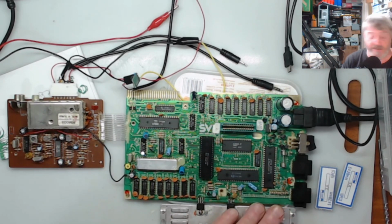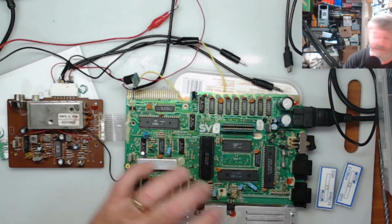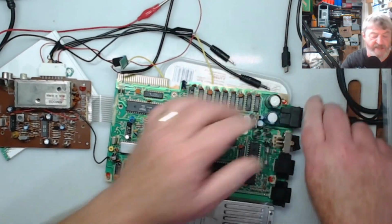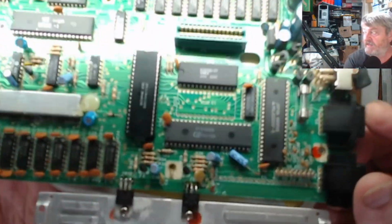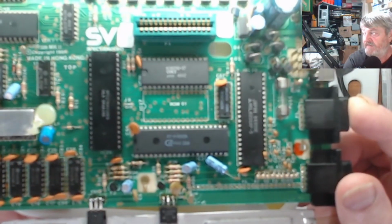But as I said, I did this one earlier. Well, I did it because I had to replace the regulator. And I will just pop it so you can have a look. I haven't done the 5 volt on this, I've only done the 12. Now if I bring it up, I don't know if you can really see that, but